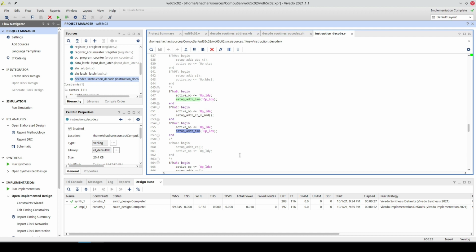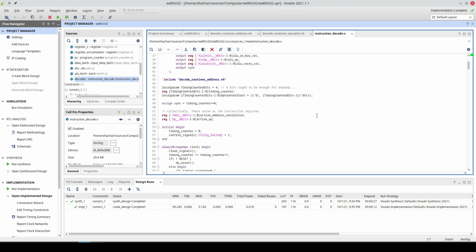So what we see here is that I managed to create this orthogonal design where we handle the addressing mode and the operation independently. To understand how that's done, we need to have a look at these two variables. One holds the active address resolution type and the other holds the active operation.